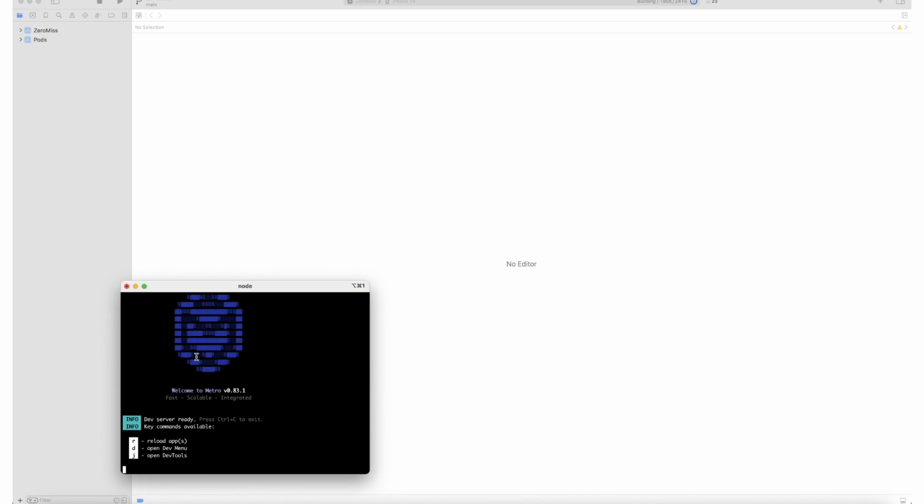So there's going to be nothing really there except the React Native default thing. I'll show you in a minute when it's done building, but you'll see that I'll be able to change some code and automatically see changes straight away in the simulator without me having to keep on rebuilding every time. Okay, so that's the power of React Native, to be able to make changes and see those changes in real time straight away inside your simulator, but also to be able to write code once and have it on